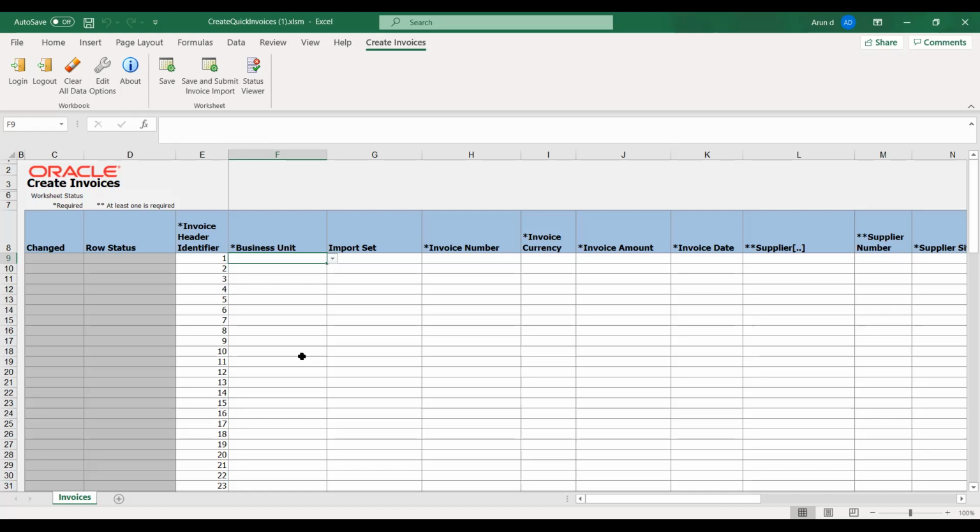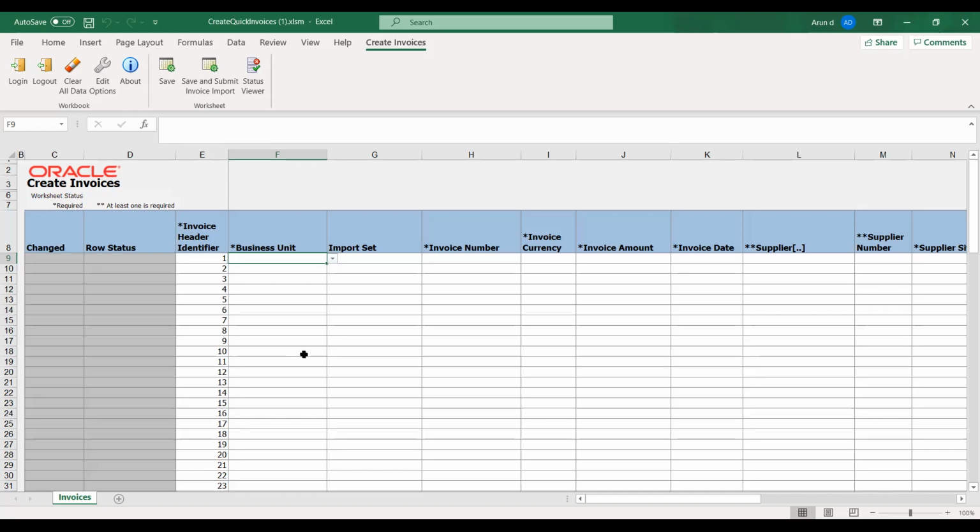So for that, what we will do is that we will take the data for the last 2 years. But for those cases, this approach will not be applicable because we will import all the invoices pertaining to the 2 years, irrespective of the status, whether it is open, closed, or partially paid. So for all the cases, we will import it. So for those cases, we will have a few performance issues in this template. So we will use the FBDI template. So using the FBDI template, we will not have those performance issues. So we can easily load even 50,000 records at a go. So that is one option.